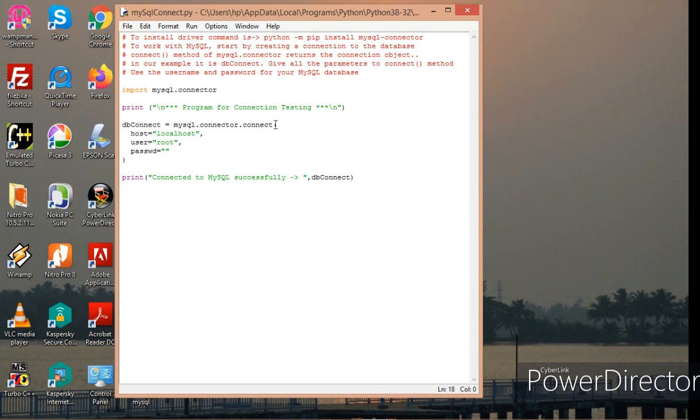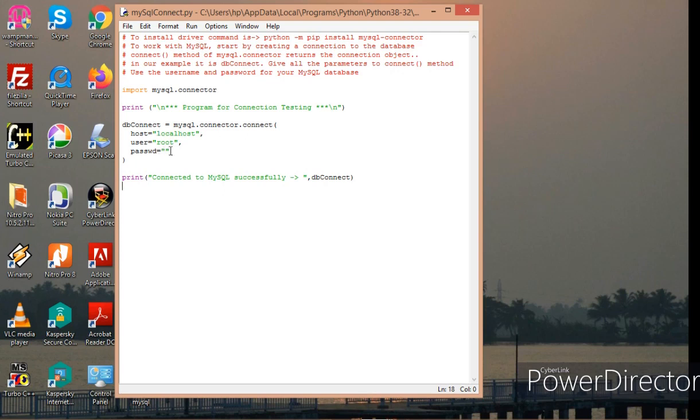And while I am using the connect method, I have to use some parameters. Which are the parameters? The host name is localhost because my database is installed in my system, and the username what I have given is root, and the password I haven't given anything.